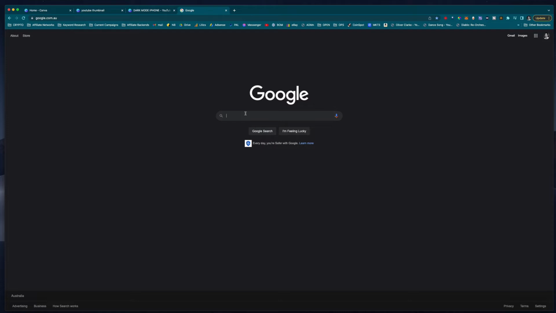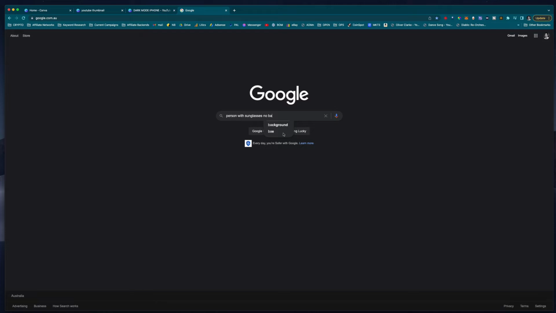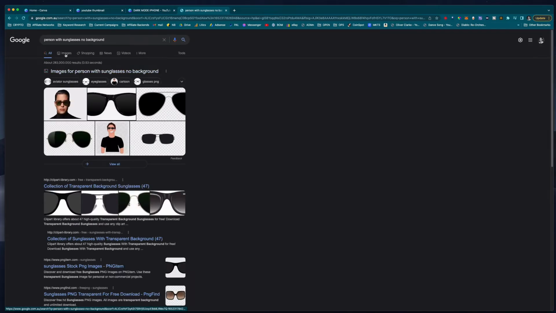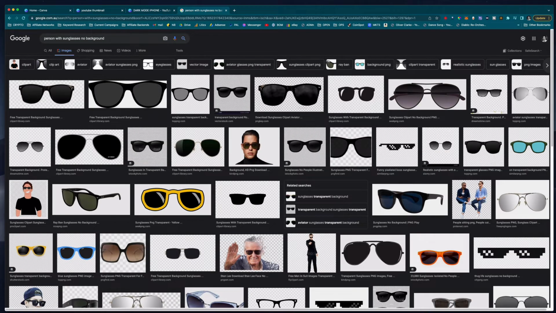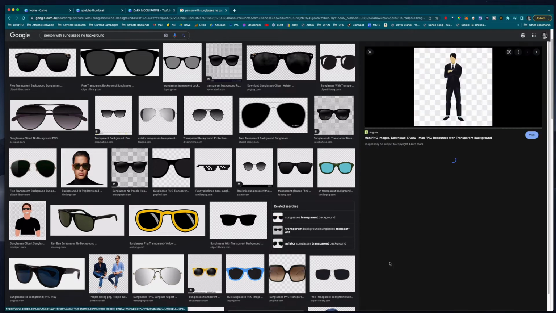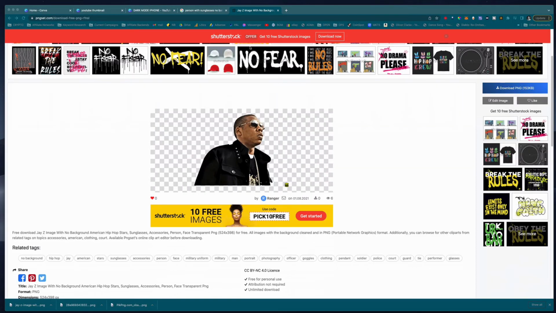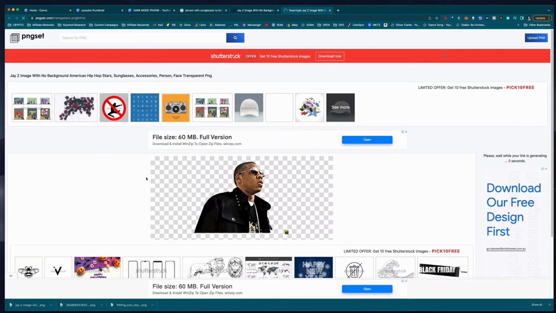So you can actually just go to Google and type in person with sunglasses, no background. And then you'll go to the images right here. You can see these ones that have this little lattice in the background. Sometimes it's hard to find, and some of them have watermarks. Here we go, I found one of Jay-Z with sunglasses, and it'll usually lead you to a PNG website and you need to find this download PNG button. This can take a bit longer and it might spam you with ads,